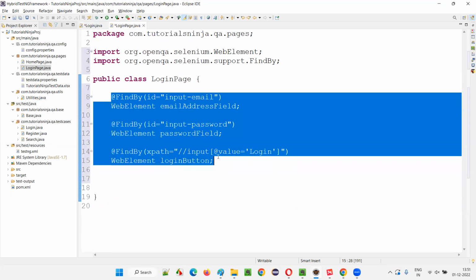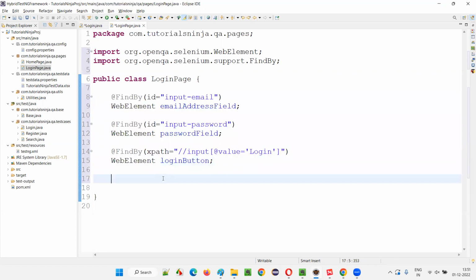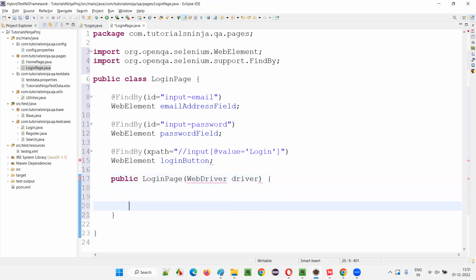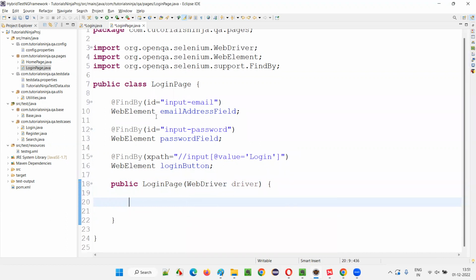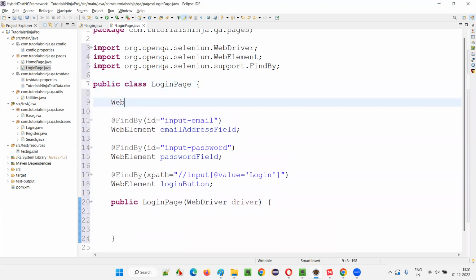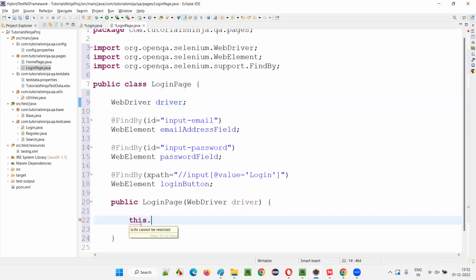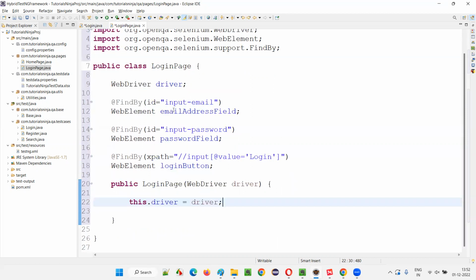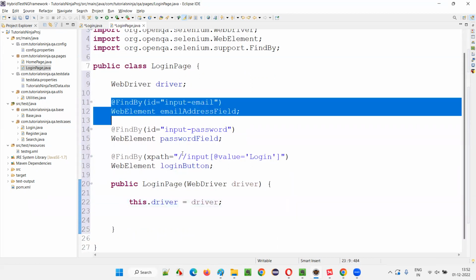Now three elements came. These three elements are for now required. So I have to create a constructor, guys. Public login page constructor, and here I have to provide a parameter known as WebDriver. So we'll pass the driver from the test method, and here I'll import this WebDriver from Selenium, and at the global level also I'll create the login page driver, WebDriver, and now I'll say this dot driver is equal to, I'll assign the parameter driver to the class level driver, and here to initialize this web elements when the constructor